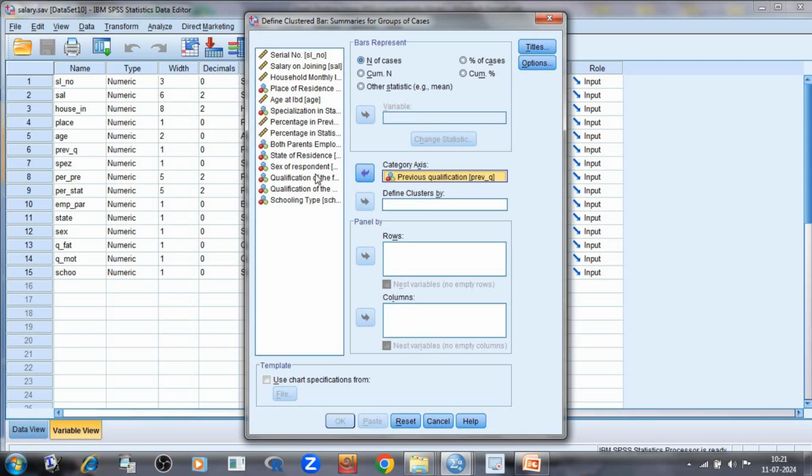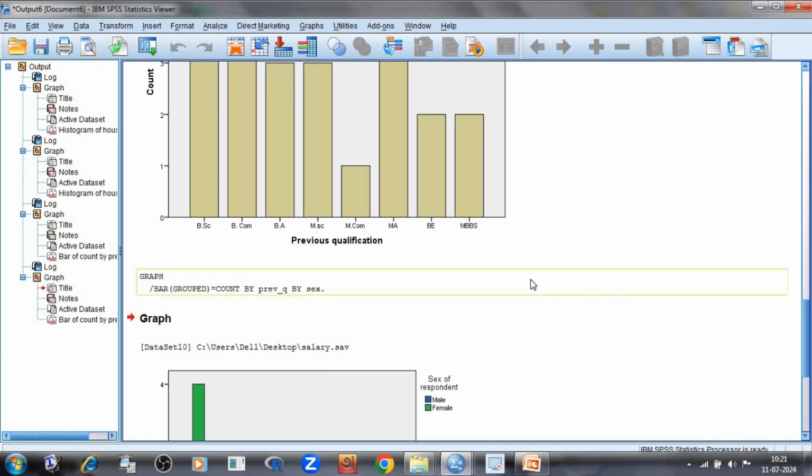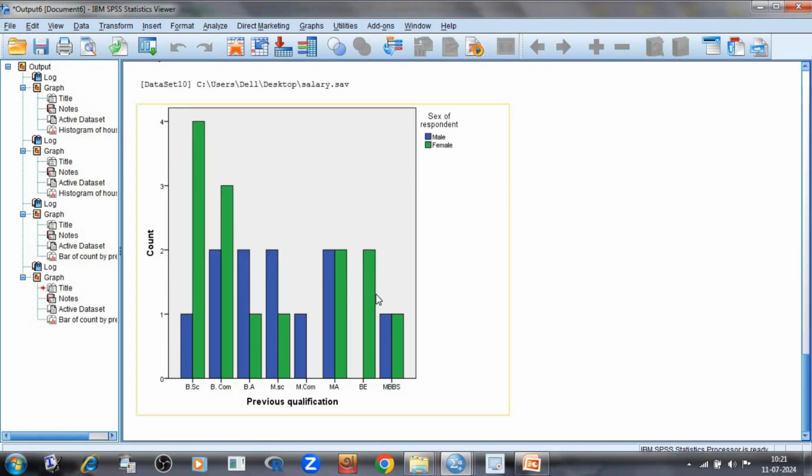Okay, then select sex of respondent, and then you bring this into define clusters by. Okay, then you click on OK. So you see this is the clustered bar chart that is coming. Okay, then next